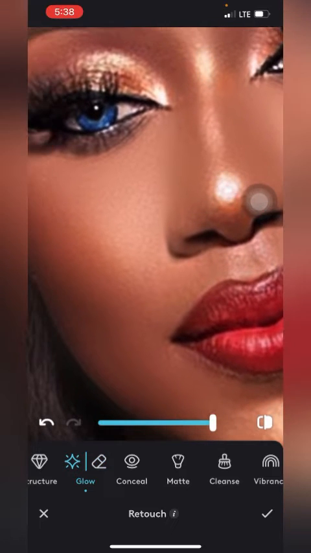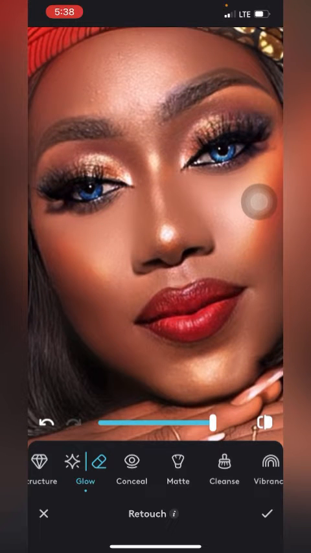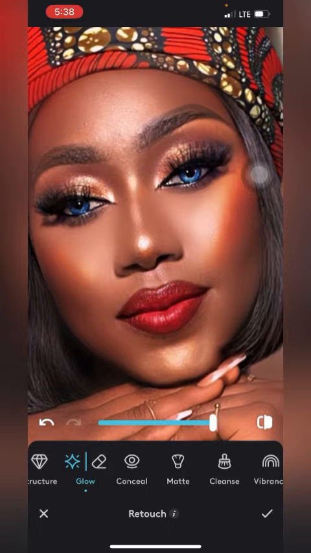Let me go to glow again, just glow a little bit of it. So this is where I used it. Okay, so let me use my erase. Please, very important, before you click on this icon save, tap on your erase of every icon you use. Tap on your erase to be sure that there's no mistake as well, because sometimes you have mistakenly